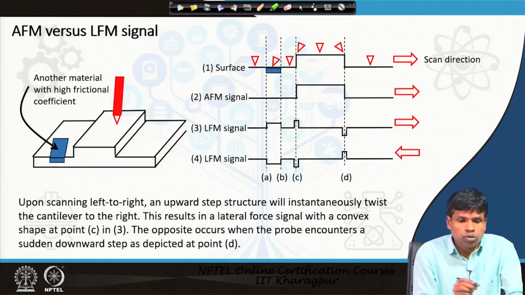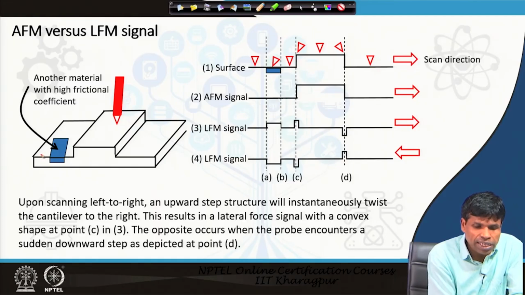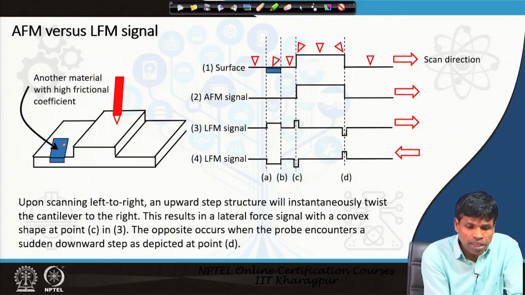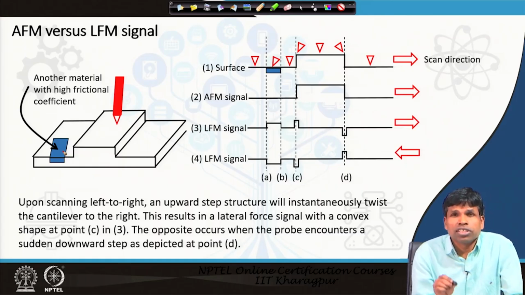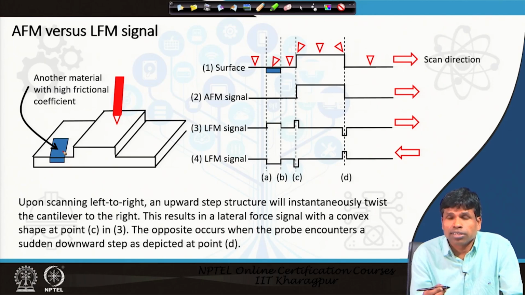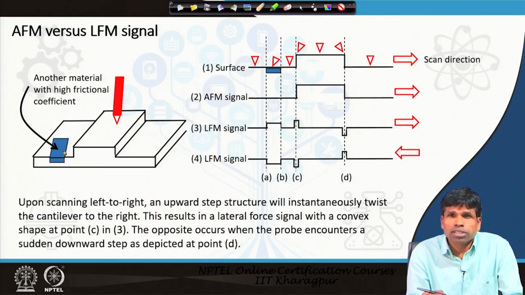And if you see here an example shown in the schematic diagram, on the left side the height remains the same, but there is an additional, different material given in a different color, while the height remains the same. So, in the regular topography image we will not see any contrast difference, but if we take lateral force microscopy, we will measure the lateral force because of the horizontal deflection,